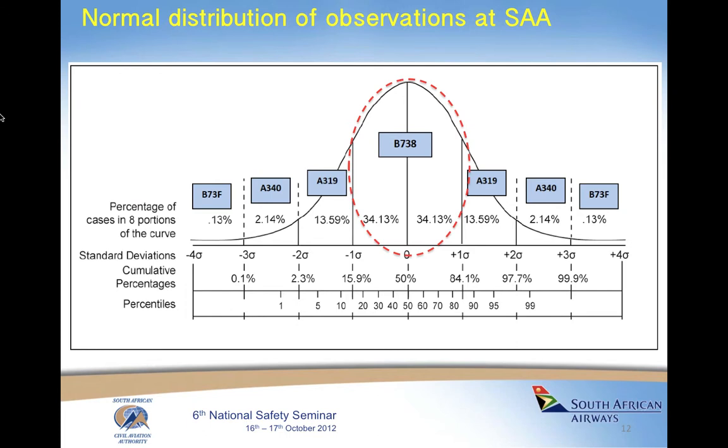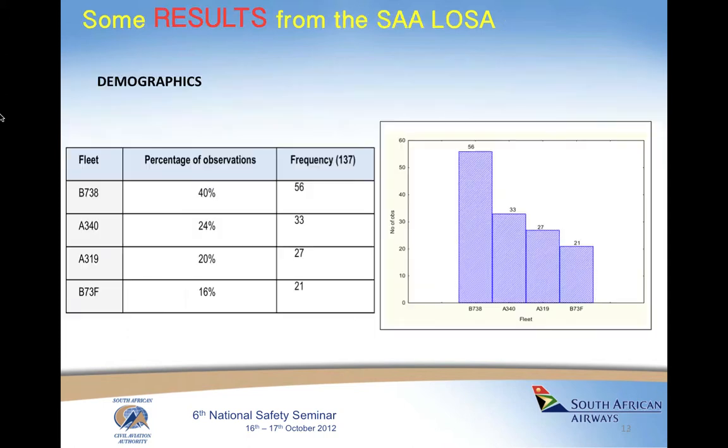It was determined that a total of 134 sectors would be sufficient to gain an accurate cross-sectional or post hoc observation. Here, the goal was the discovery of the range or extent of latent and overt safety critical conditions in SAA's flight operations. After completion of this phase of LOSA, 137 observations were conducted. Our LOSA project took around 2 years to plan, and the observation phase was completed within 3 months. It took a further 2 months or so to clean the data and present recommendations to the relevant parties.